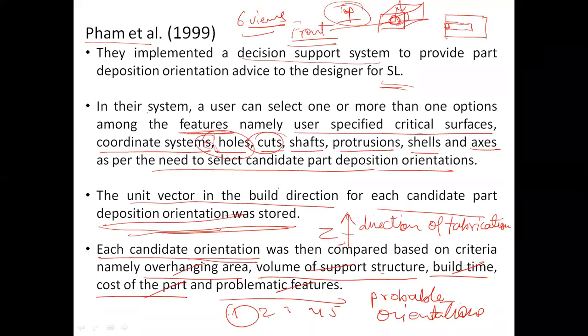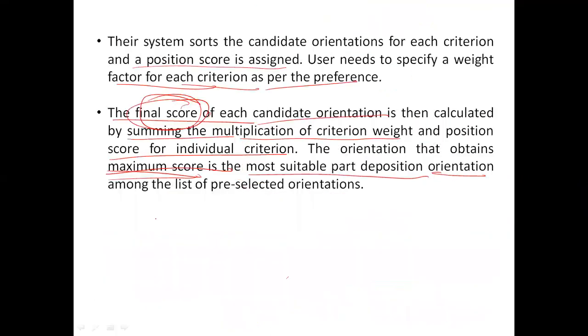Another thing can be, in order to remain safe with the orientation point of view, what people started doing was they started taking all the possible orientations that could be taken in the system. So what started happening was that the number of computation points became huge, and this algorithm was not very useful